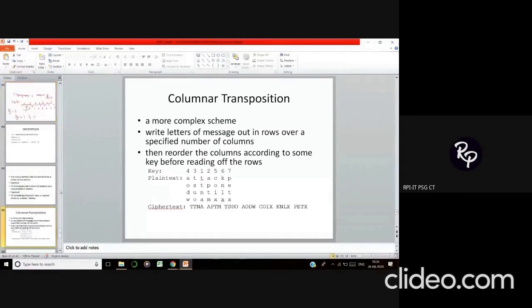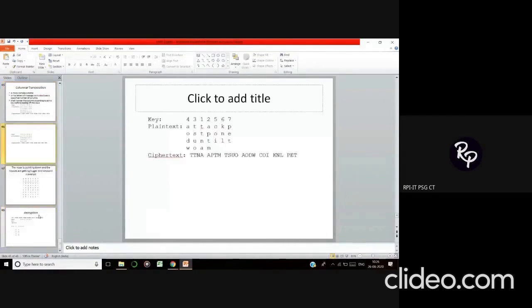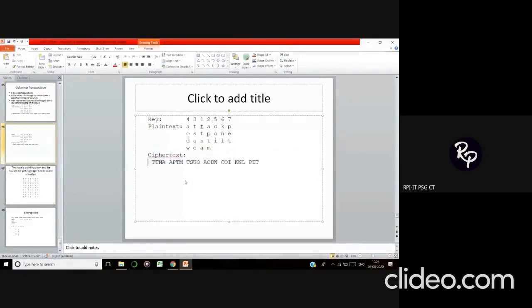Say for example, you are not given with fillers. Say for example, this is the ciphertext which is given to you, and on this ciphertext you need to perform the decryption operation to get back your plain text. So what you need to do is count the number of characters. Here this becomes 28 minus 3, so the number of characters is going to be 25 without using the filler category. So 25 characters are there in your ciphertext, and your key value is equal to 7. Now I am going to decide how many rows should be there.